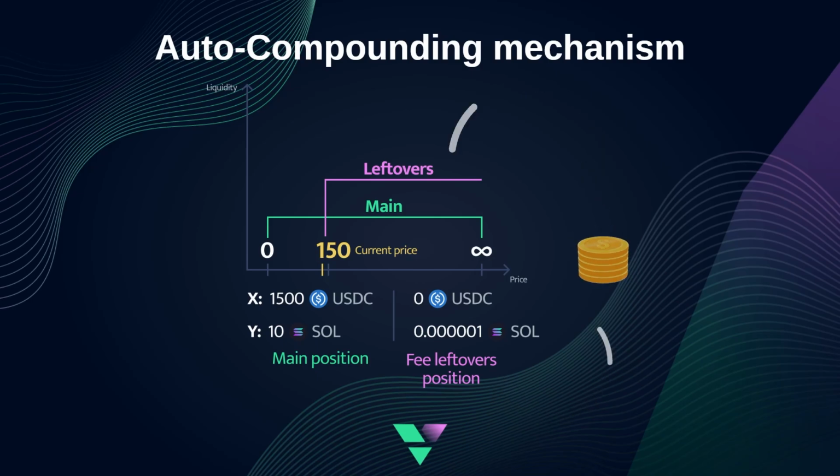The full-range tokenizer also addresses the problem of so-called leftover tokens, which are tokens that were not reinvested into the position during compounding due to an unfavorable ratio. In such cases, a second position is opened, where these tokens are placed. The second position specifically handles any leftover unused tokens and is always denominated in one of the tokens. Based on these remnants, a single-side liquidity position is created, ranging from the current tick to the end of the possible bound, which could be 0 or infinity, depending on whether the leftovers are in token X or Y. This solution ensures the maximum possible utilization of capital. This approach is known as the zero leftovers solution.